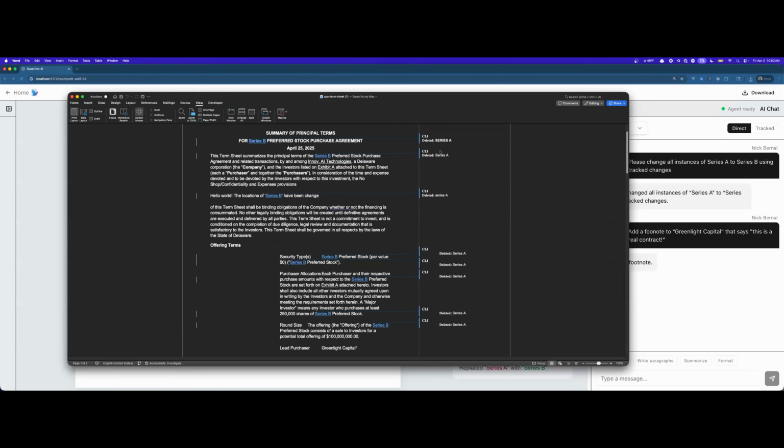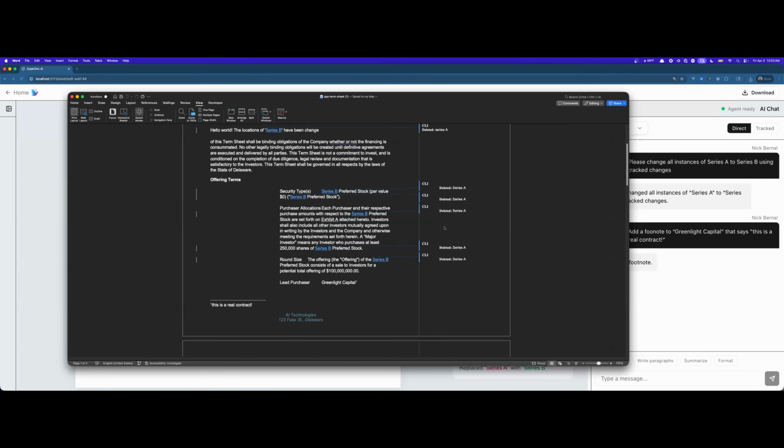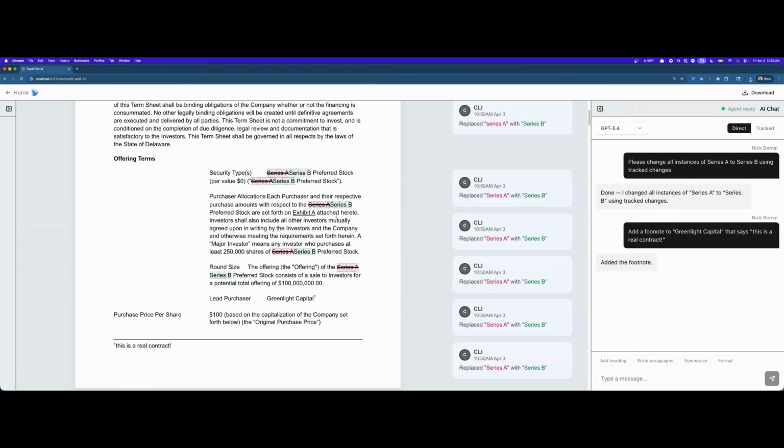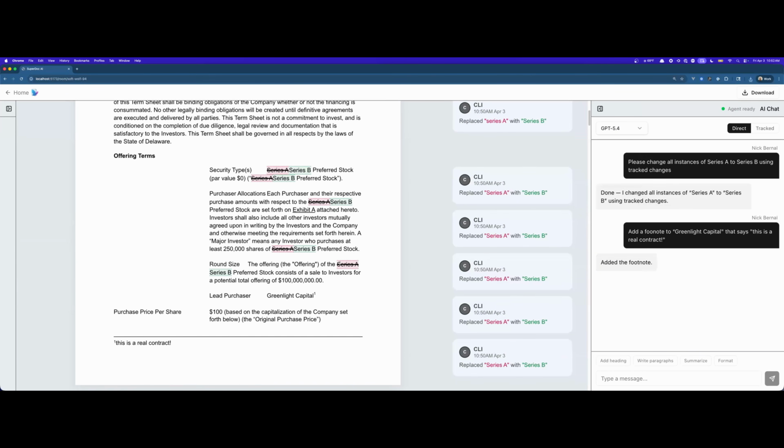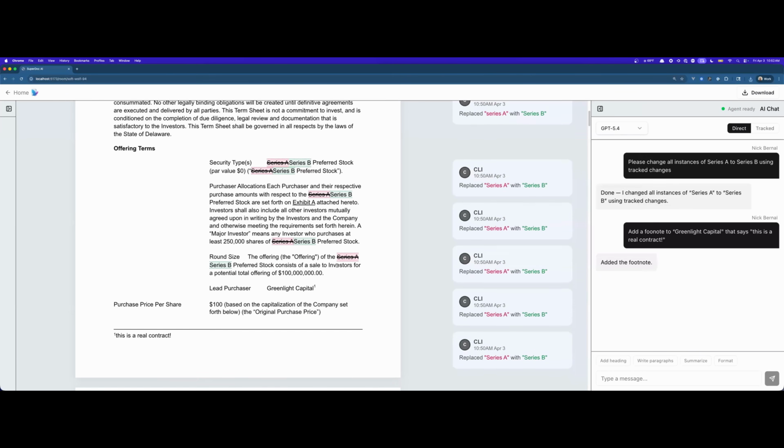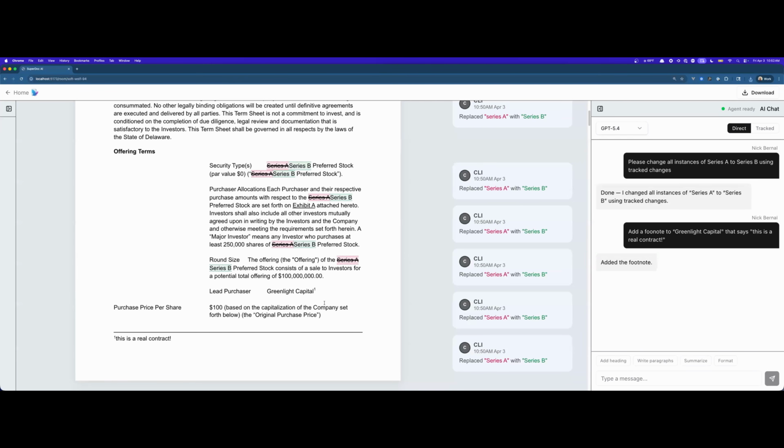You can see that all the track changes are there. Our footnote is there. Our footnote is here. This is real docx with an agent. This is that experience that you have when you're in Microsoft Word, except now you're collaborating with an agent. Again, not by making the model smarter, but by giving it the right API.